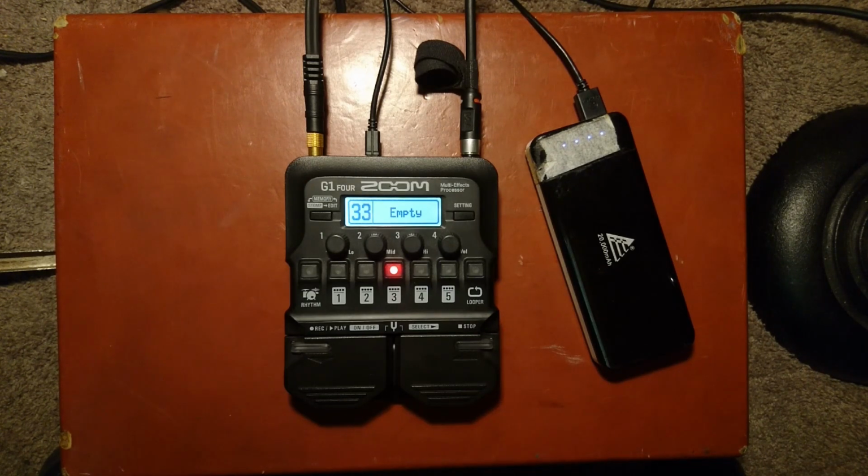It has the exact same effects, albeit there are a few of them missing. I think there are a few effects that the G5N has that are too processor intensive for this budget unit, but those are the effects that are really useless in any professional capacity anyway. They're more just for fun and for sound design and stuff. Things like the particle reverb or like the space hole or whatever it was called. Those are just fun to mess around with for a minute, but they don't really have a use outside of maybe some studio sound design kind of stuff. But if you're looking for an effects pedal that's super portable, super easy to use, and just is a workhorse,